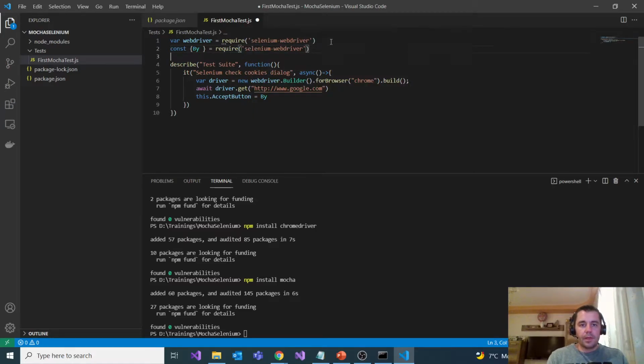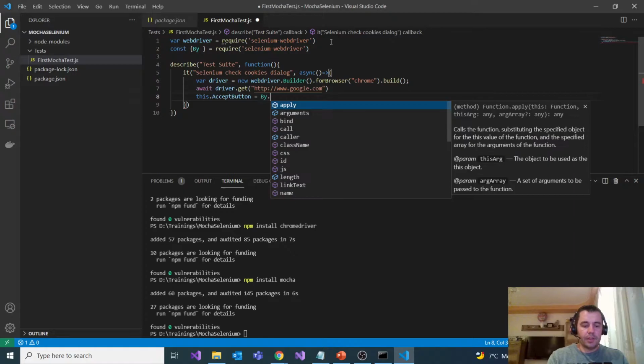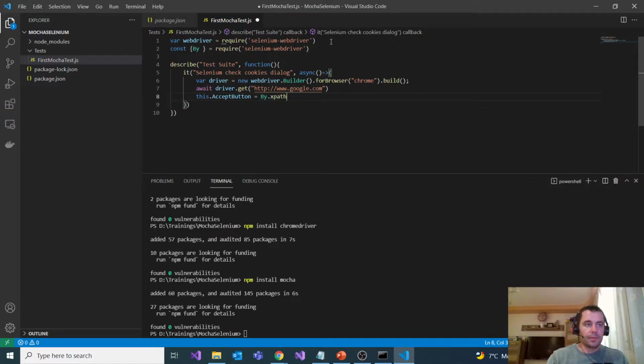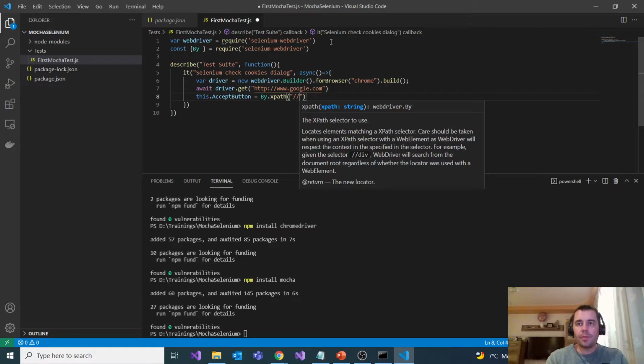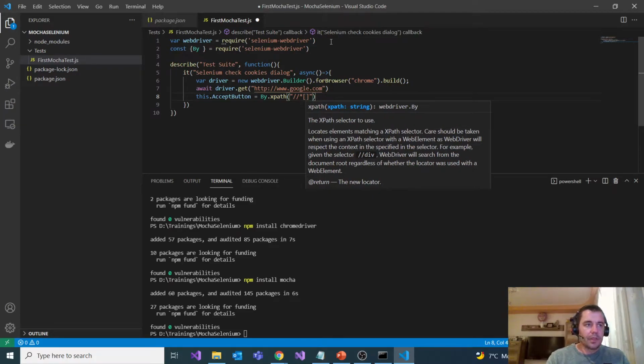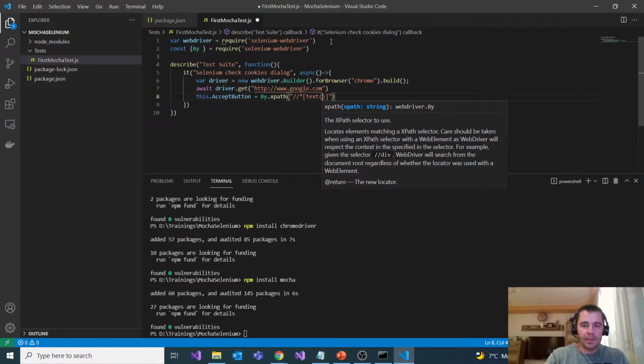Okay. And with this By method, we can use the XPath method. Here I will write some XPath, so we will get an object from the page which has the text, the accept text from there. So for this, I will write this XPath text should be equal to